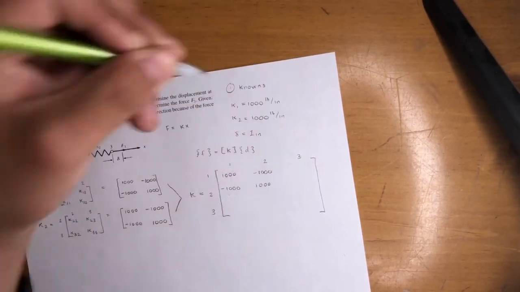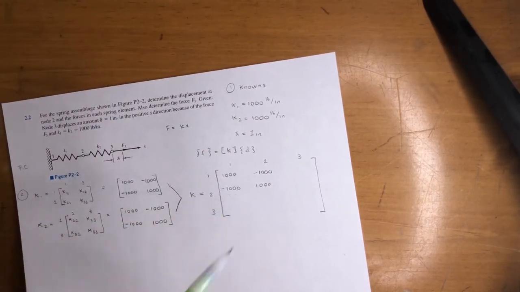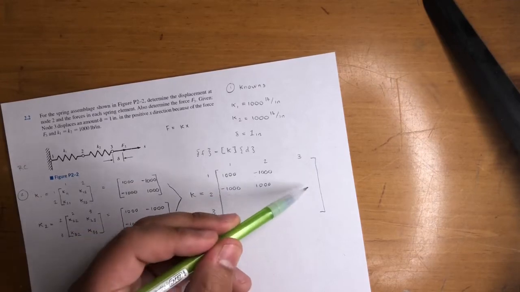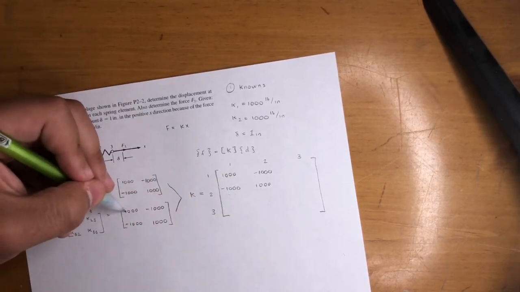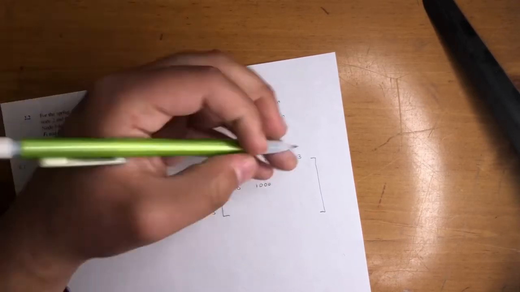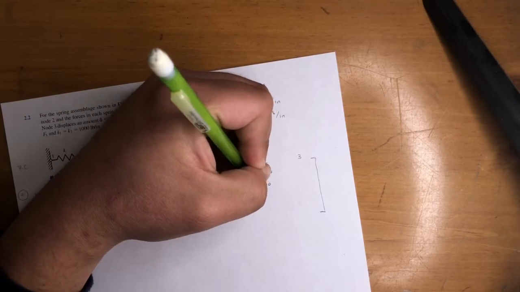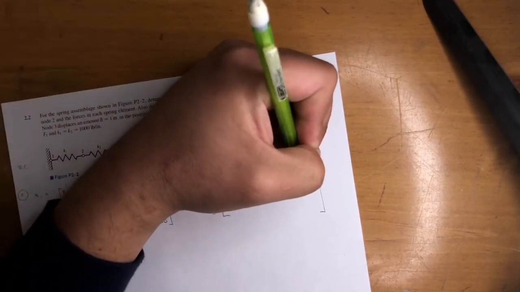Look, so you see that little matrix is gonna be here. Now this one is gonna be from this one, this one, this one, this one. So everything's gonna be the same except the 1,000 gets added to this 1,000, which is this one. So this is gonna be 2,000. Hope that makes sense. So it's 1,000 plus 1,000, and then you just continue it. Negative 1,000,